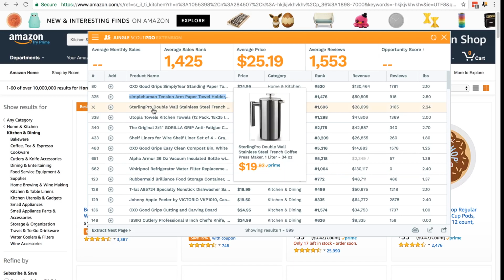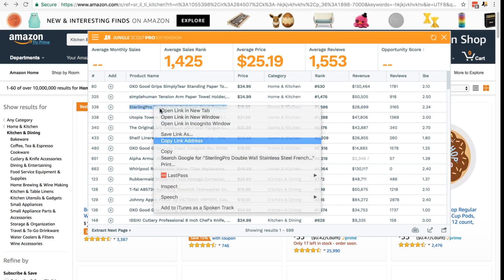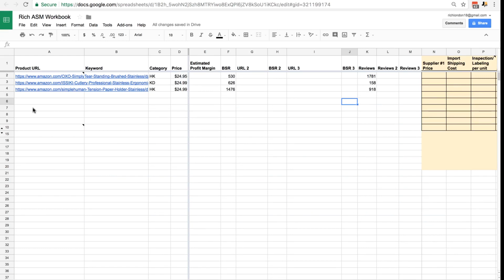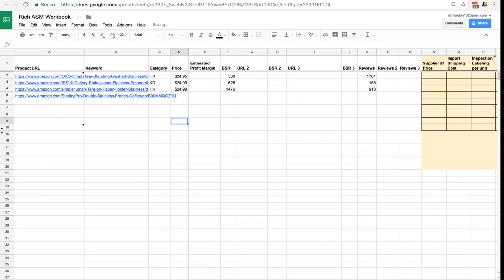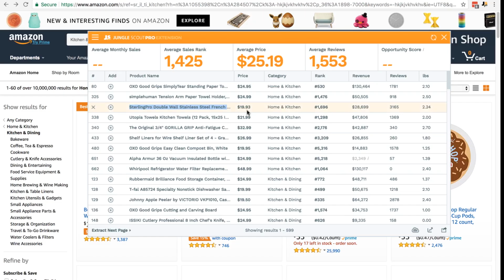Let's go back. Stainless steel double wall French coffee press could be a possibility. So I'm going to add that one, copy the link address. And if you're in doubt, add it to your list, because you will find out when we go through the next lesson whether it is a viable product or not. It's $19.93 in home and kitchen. The BSR is 16,96,